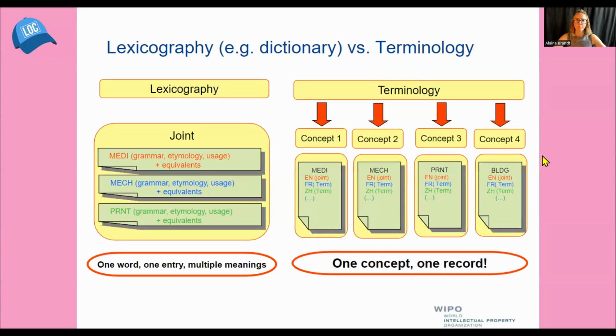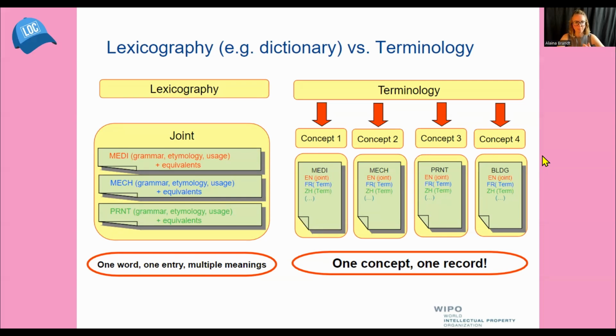To understand best practices in term-base design, you first need to understand the difference between lexicography and terminography. Lexicography is the work done to produce dictionaries. So in lexicography, all possible meanings for a word are collected into a word entry. Conversely, terminography starts with the meaning. A single concept or meaning is recorded in a terminological record, and all possible labels that denote that concept are